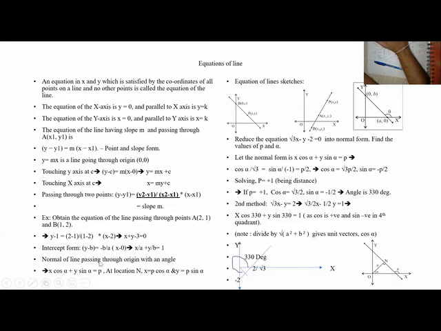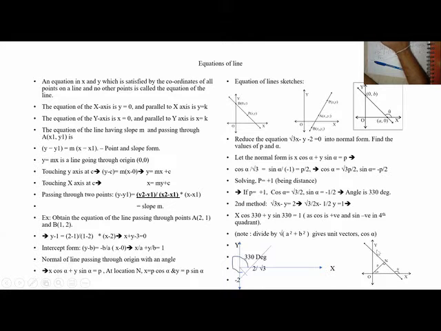Let us see another form of equation of line, through the normal and angle with origin. See, this is the line. We have seen the intercept form of this. Now we are seeing there is a normal drawn going through origin. From origin, normal is drawn. The length is p, and this is making an angle alpha. The normal line is making an angle alpha, and the origin line is with theta.